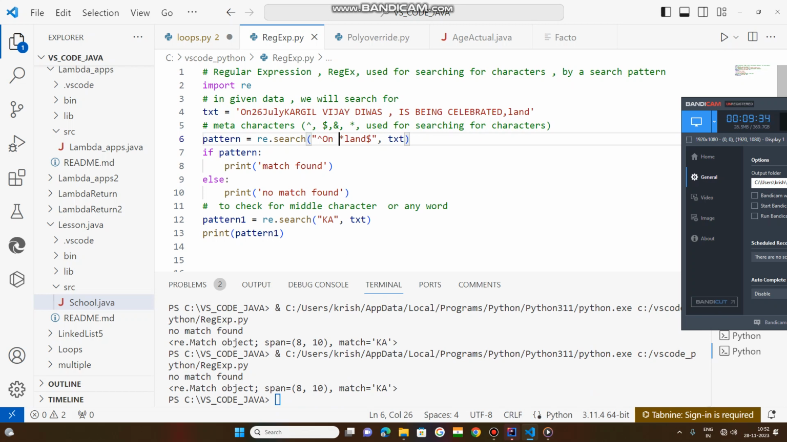Otherwise, if you remove this white space also, then what happened? No match found. So this is the result for the second pattern. This second pattern is okay. For the first pattern, no match found. For this, if you want to, this is the pattern. Okay, now if